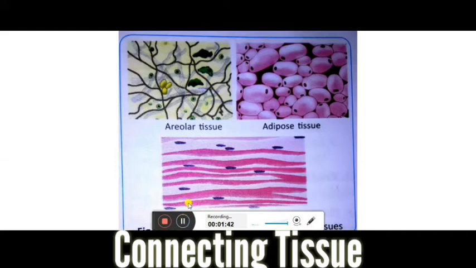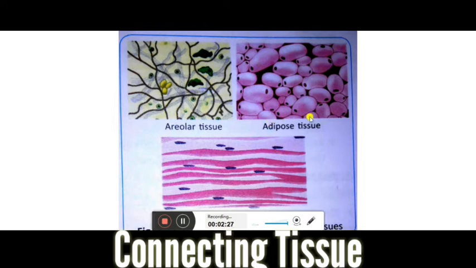Just like when some item comes to your house, suppose a TV or fridge, it is kept in a box. Inside the box there will be thermocol sheets. They do not send the material only by keeping it inside the box. So the box is just like your body, and that material is just like your body organs. There will be space in between, so to fill that space, these areolar tissues are there. That's why they are known as a packing material, and that's why your body organs are placed at the same place. They are not moving here and there.